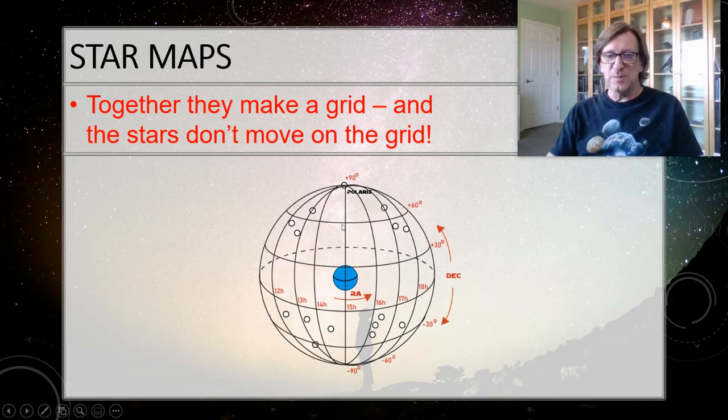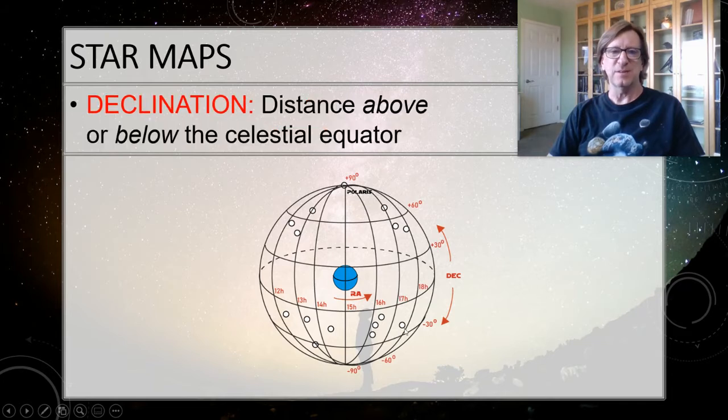The right ascension then comes around this way. It's that distance around the horizon. And you notice that it's measured in hours. It's not hours of time. It has nothing to do with time. Wipe that from your mind, Padawan. It has to do with distance. It's hours of distance. Oh, yeah, yeah. I know. Every beginning astronomy student hates it. You can too. So I'll explain where that comes from in just a second.